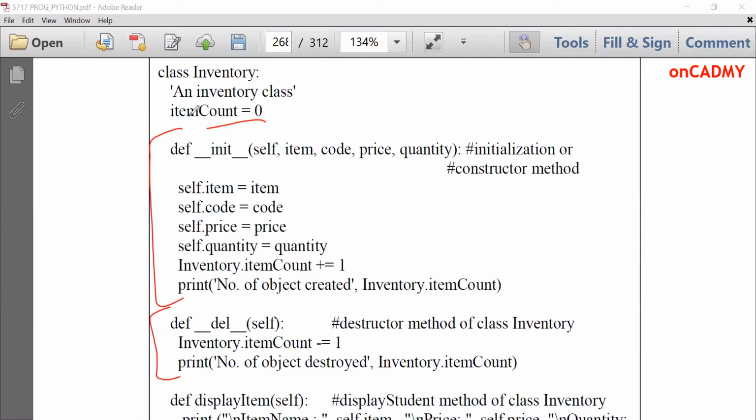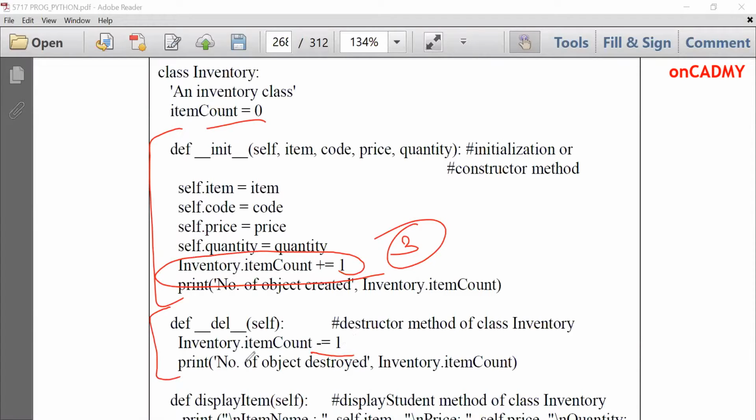Here we have created a class variable item count, which is set to 0 initially, and while creating objects, it will be incremented one by one. If I create 3 objects, then item count will become 3. That means 3 objects are created. And the del method or destructor method will delete the objects one by one, and we are decrementing the value of item count one by one. After every call, inventory.item count minus equal to 1.